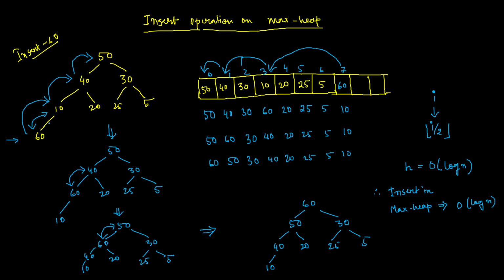And if 3 is lesser than 10, it is very trivial that 3 will be lesser than all its corresponding parents till the root. So there will be no replacement or swap required. So this is what we call the worst case scenario,